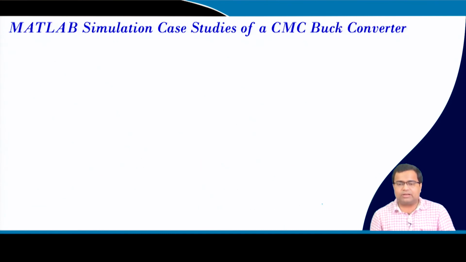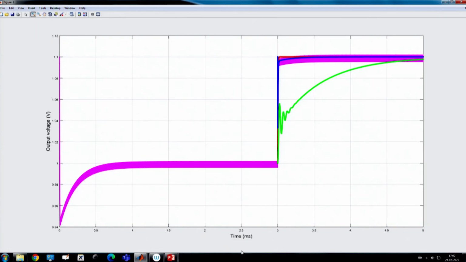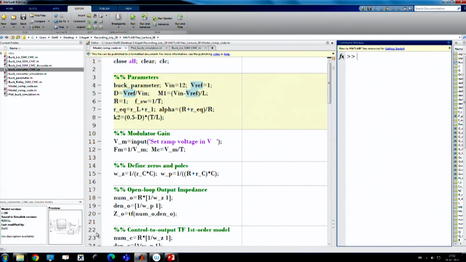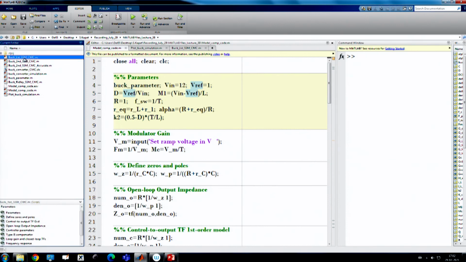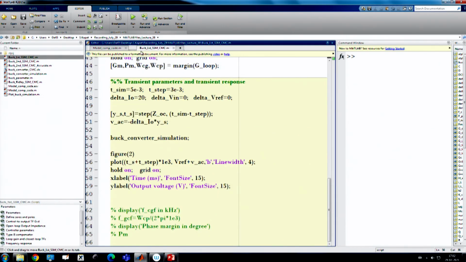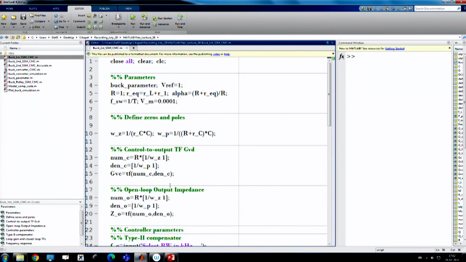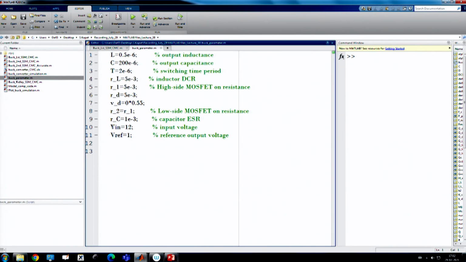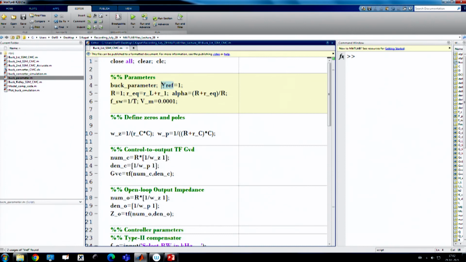Now, let us go to a Matlab case study. Here we have identified that the first order model is good enough, so now we will go for the first order model. Now, we want to make a load transient. Initially it is 1 ohm resistance, with 12 volt input, in the parameter file. If you go to the parameter file, the input voltage is 12 volt, reference voltage is 1 volt, and initially the load resistance is 1 ohm,